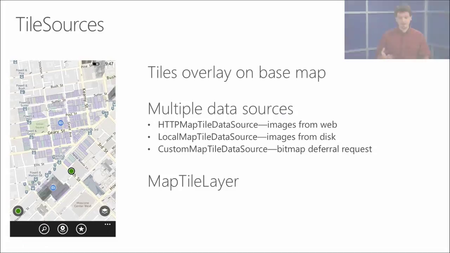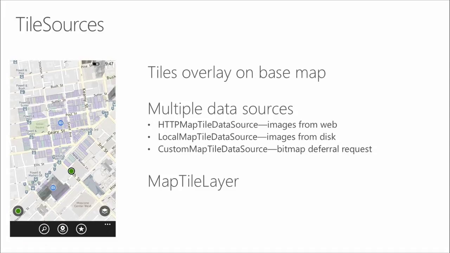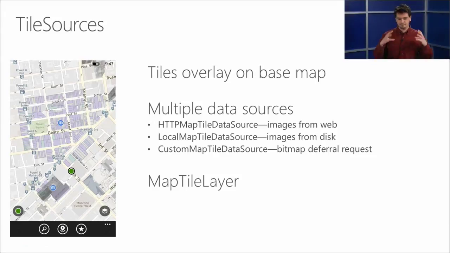Moving on to tile sources. Tile sources are just tile overlays on the base map. This has been a big ask, hasn't it, from people? This has been wanted, much more flexibility. There are a lot of developers and a lot of companies that, geolocation and geomapping is a very big business, and it's very important to make sure that the people who have their own mapping tiles can take those tiles and pull them into the default map control. That way, they don't have to worry about any of the interaction, any of the user control stuff that goes along with it. They can just provide those mapping tiles that they need.